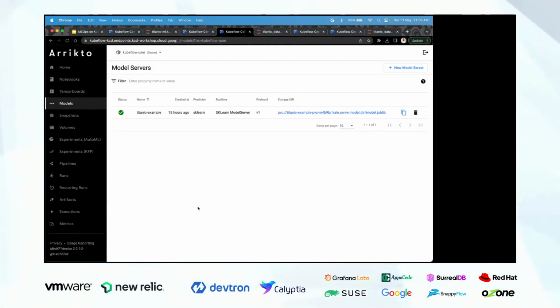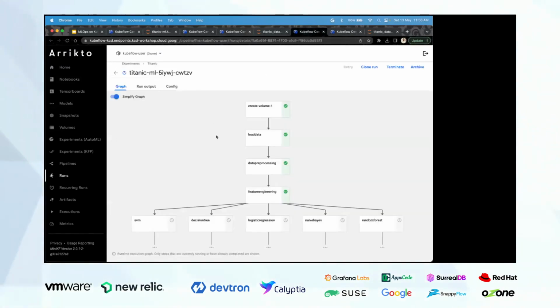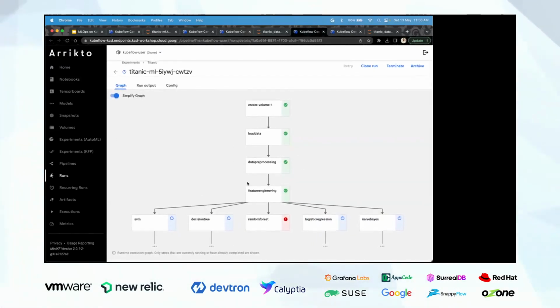Say we have that data set in a SQL database. We will write the Kubeflow pipeline to fetch that new data from the database and rerun the pipeline using the same components, and it will retrain the model. Okay, this failed, but I'll talk about that first.